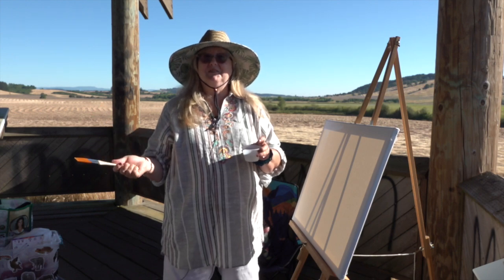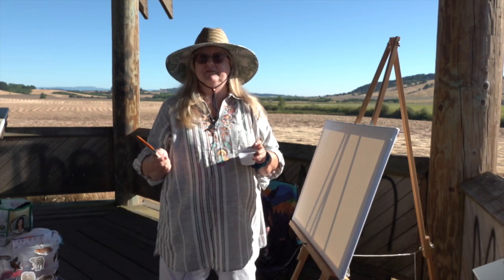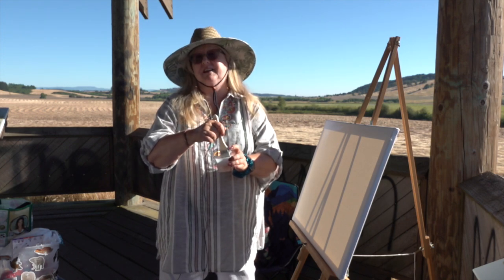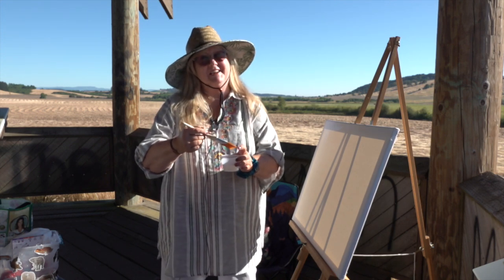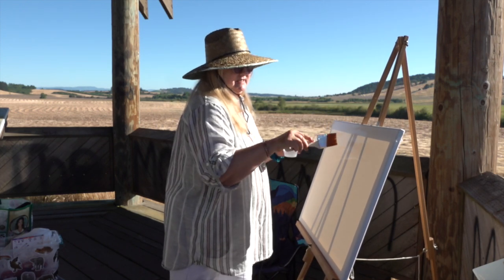Good morning. We're at Baskett Slough National Wildlife Refuge. It has to be wild because this is art gone wild, and wild things always happen. Today we're going to get our canvas slightly wet,